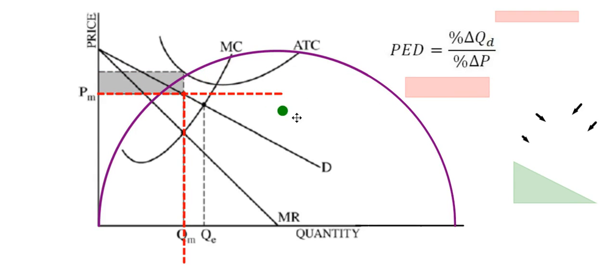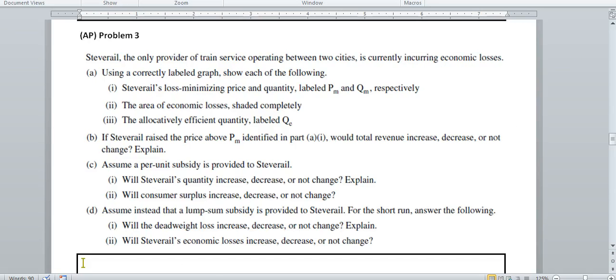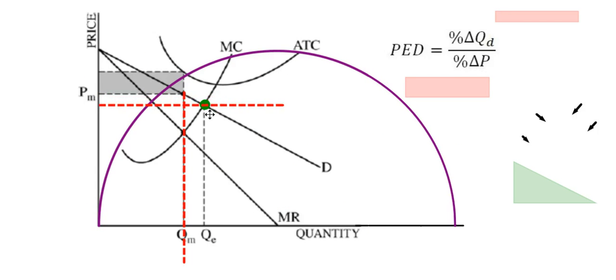And then your allocatively efficient point is going to be QE. You want to mark the quantity where you are going to be allocatively efficient, where price equals marginal cost, or where marginal cost is going to cross your demand curve right here. Okay, and it's just asking you, I believe, to just label your quantity. It's not asking you to label your price, which is going to be a little bit lower right here, right? Okay, now that we've done that, next,